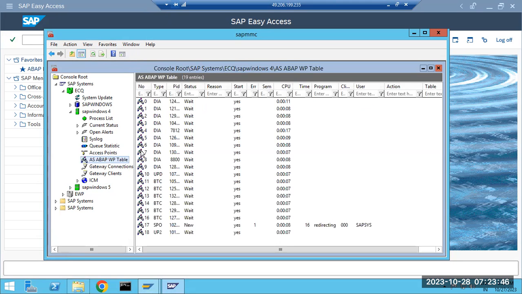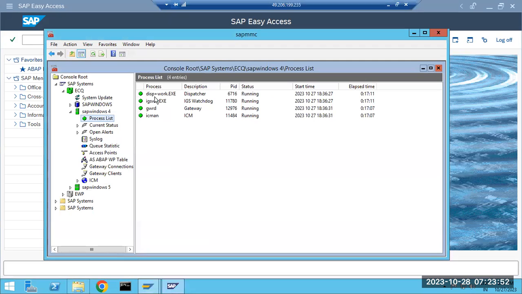So when it is started, then we can connect to it here. Here you have the ABAP work process table. Besides the ABAP work process table, you have the dispatcher also available here. Additionally, in each and every application server, you have the dispatcher, IGS and ICM.